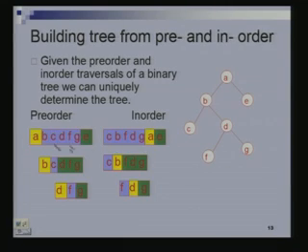Now it might be possible that, given arbitrary sequences, it is not necessary that there is a binary tree corresponding to that. So you will also have to flag an error if the sequences that are given to you could not possibly be the pre and in-order traversal of any binary tree. So, there is nothing sacrosanct about pre and in.